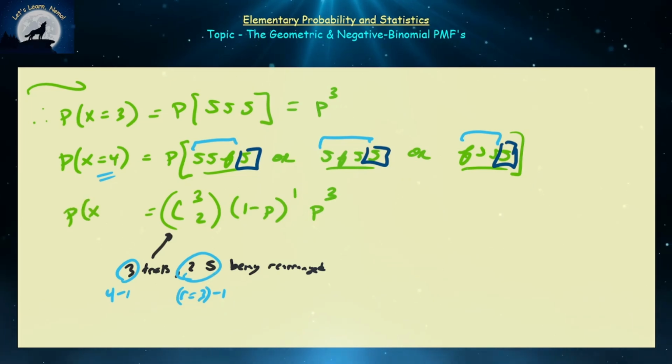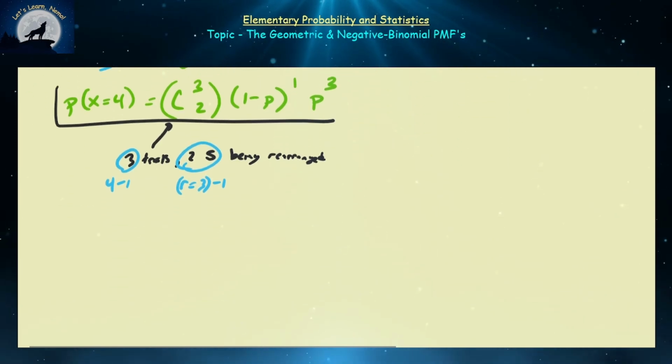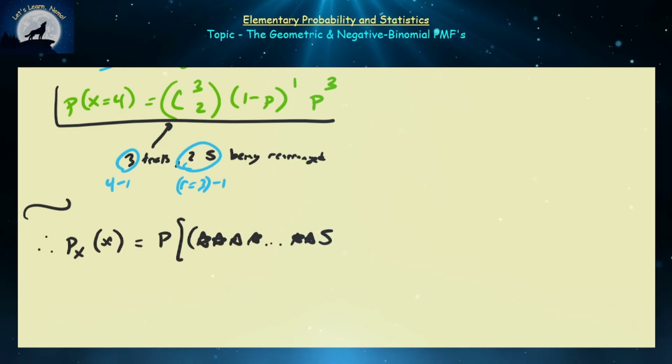So that's what the probability of x equal to 4 is going to be equal to. You might be able to see a pattern immediately. If I want to say, what is the probability that X is equal to little x? This is going to be equal to the probability of, let's say, star, star, star, star, all the way down to star, star, S, and the rearrangements